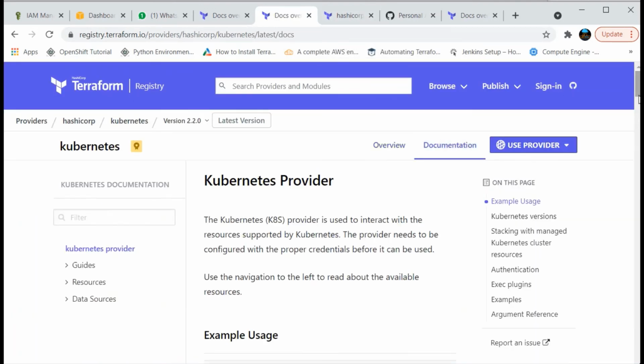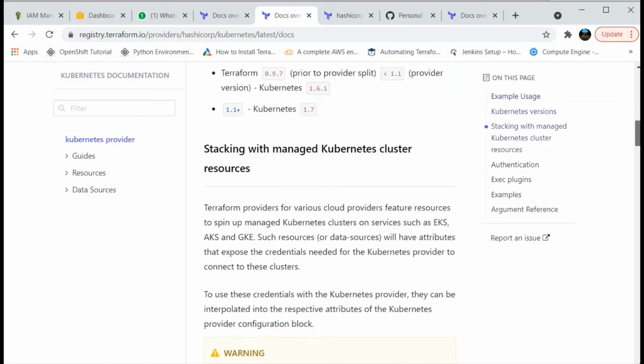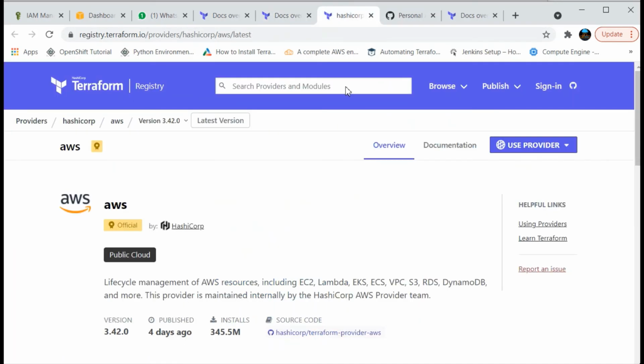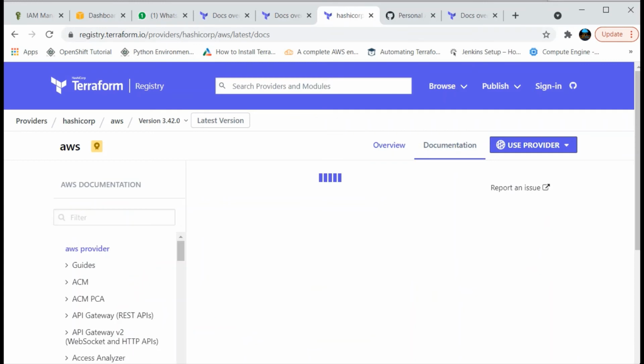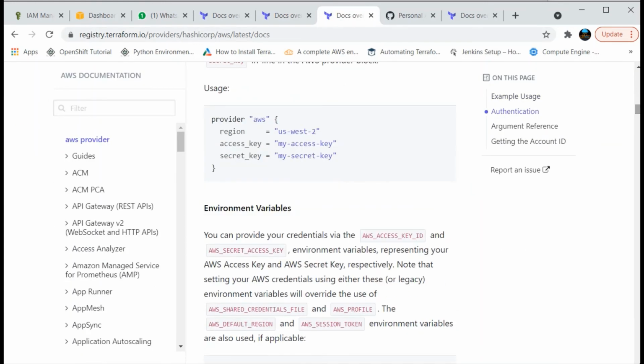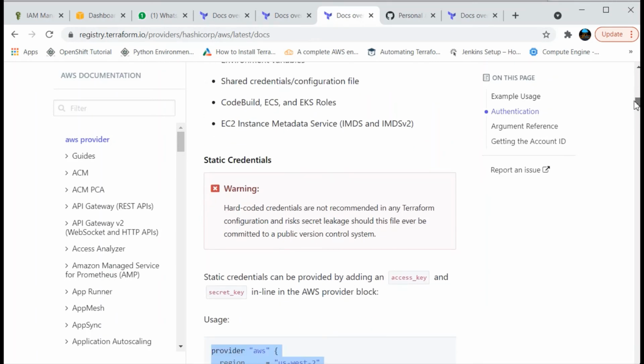If you go to the Kubernetes documentation, you can see the provider and configuration path .kube/config. Here the authentication is under your kube config file. And in AWS, we call directly with the AWS access key and secret access key, or else we have other options too: environment variables or shared configuration files.